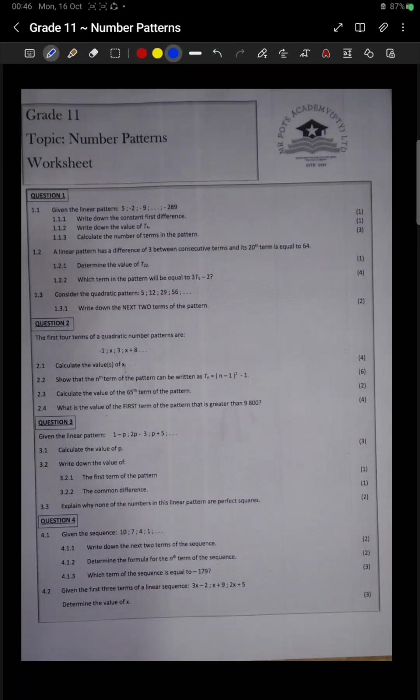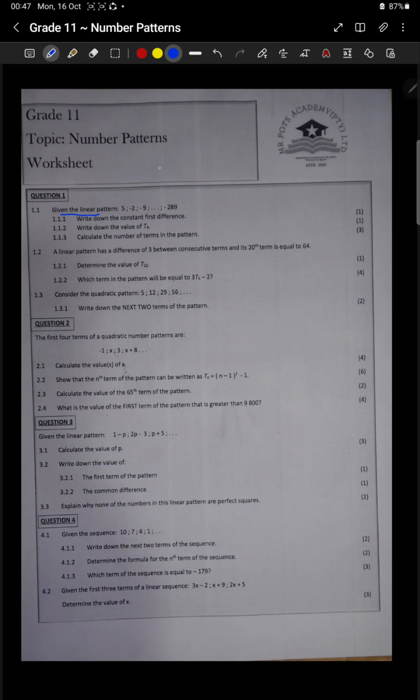To look at those questions over here. Now I've compiled the following questions, the challenging ones. I want us to look at these questions here one by one in detail. Now, in the first part here, they say we are given a linear pattern, which here we have 5 and